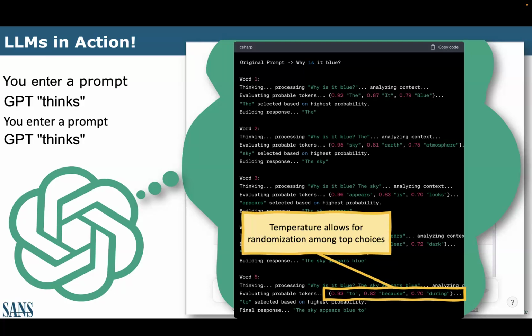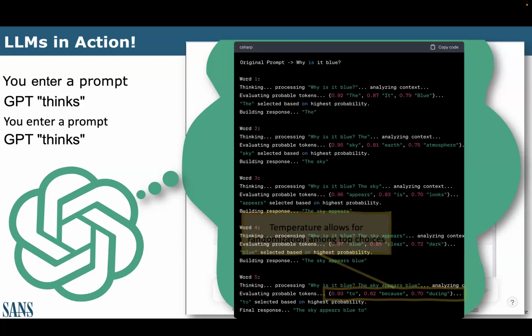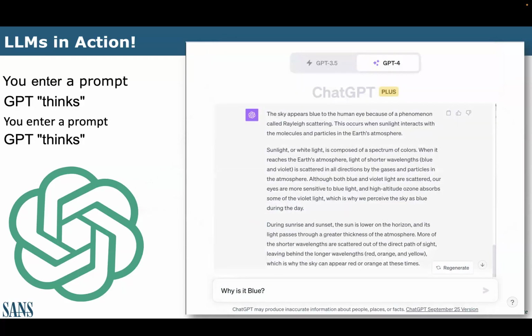I'm not in love with the word, because it implies some kind of weird computer malfunction, a setting that's probably wrong, or a data pool that's too shallow. But all it really is, is a series of tokens that don't quite fit the initial prompt. So in a nutshell, when we get done, we end up with some answer like, the sky appears blue to the human eye because of a phenomenon called Rayleigh scattering, right? And on and on and on.